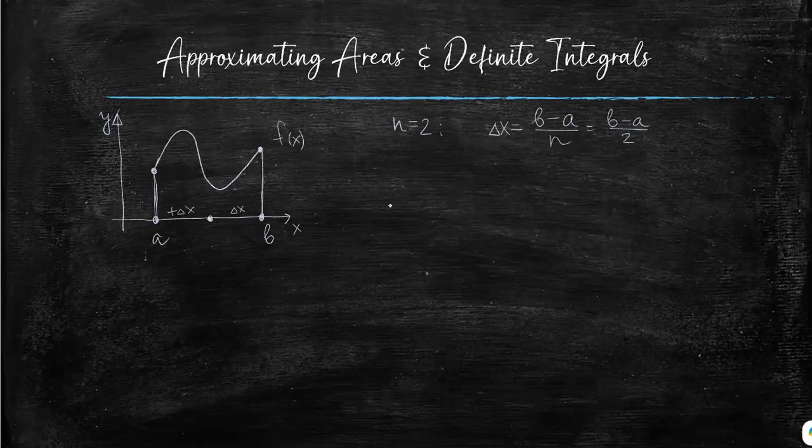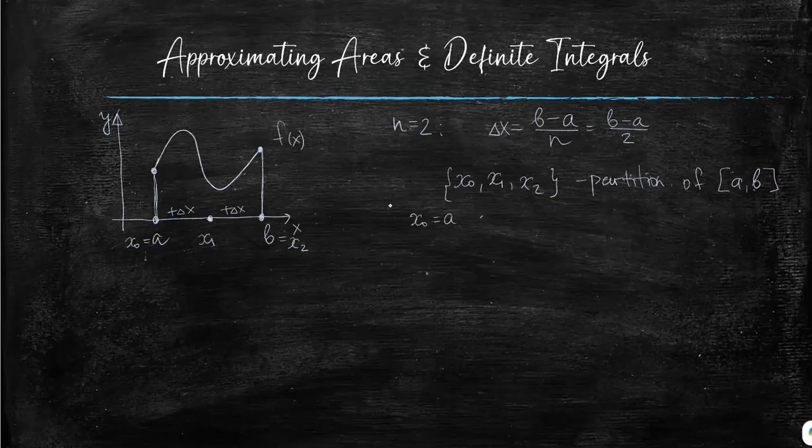So we can add delta x to a and then add it again and introduce the following notation. We're going to call this x0, this x1, and the last point will be x2. So the points x0, x1, x2 collectively are called a partition of the interval a, b. And the relation between these values, if you choose to equally spread them out, will be that the x0